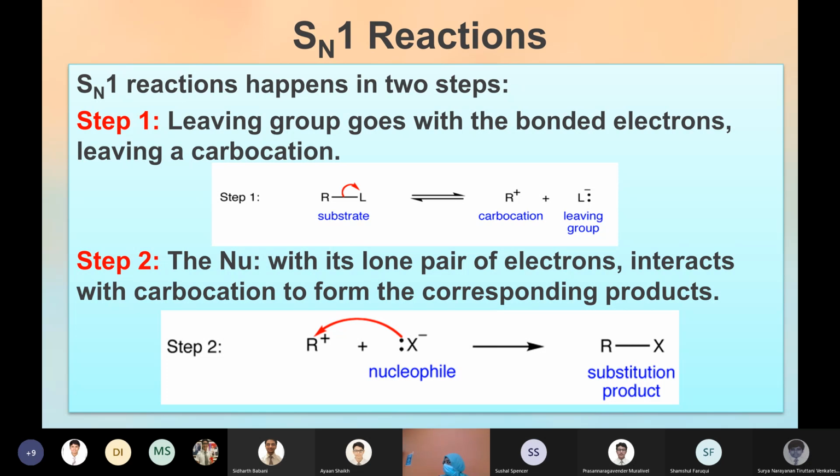Is there a possibility that the carbocation will bond with the leaving group once again? No. That's why I said in organic chemistry, the conditions are more important than the reagent. In that condition, a particular bond will be favored. Maybe if you change the condition, the backward reaction will happen.